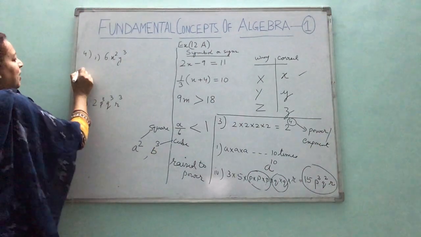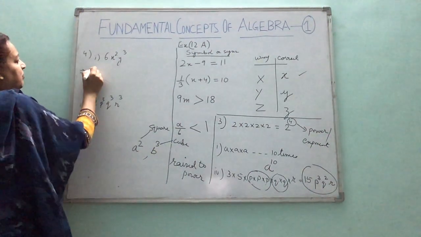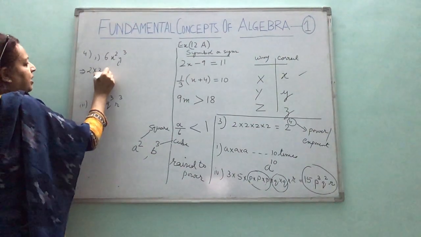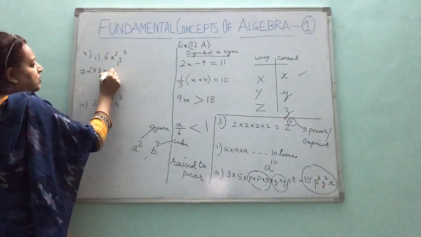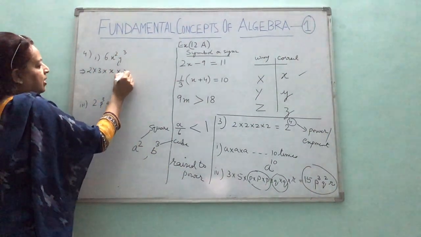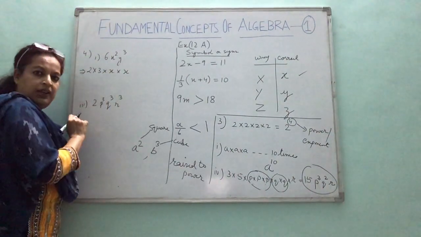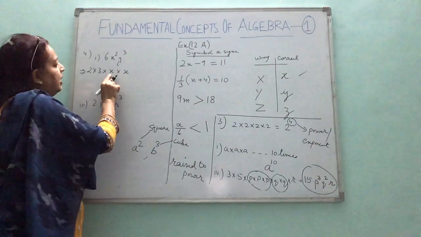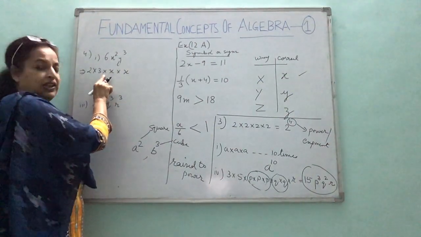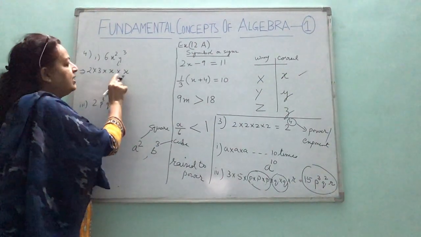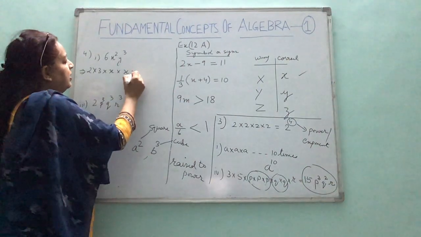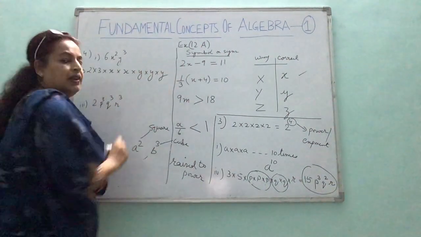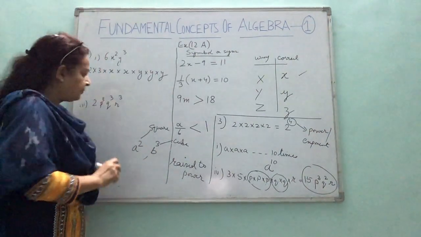Now in product form it would be 6, which we can write as 2 into 3. Now raised to power 2, so it is x into x. Now see how we write into and how we write x. It is different. Multiplication is a simple cross, and x is an alphabet in cursive form. Then y cube means y is 3 times. This is the product form.